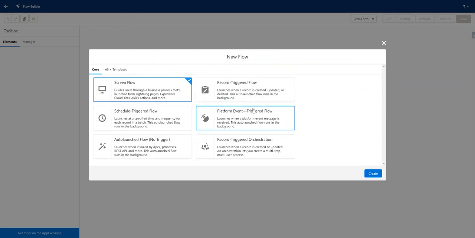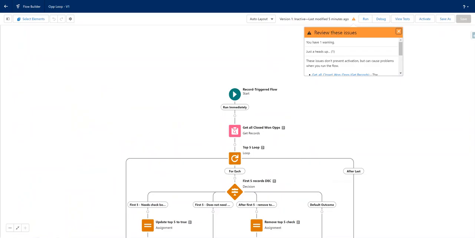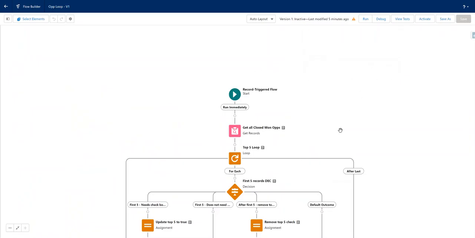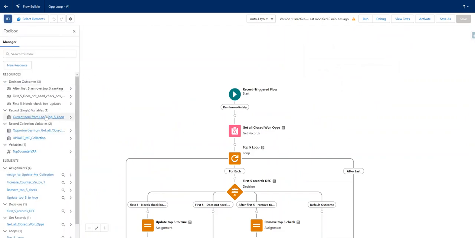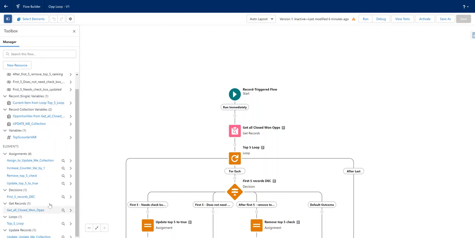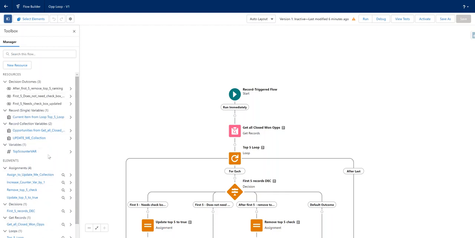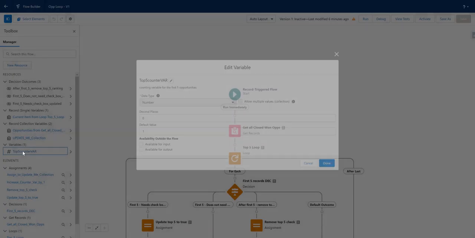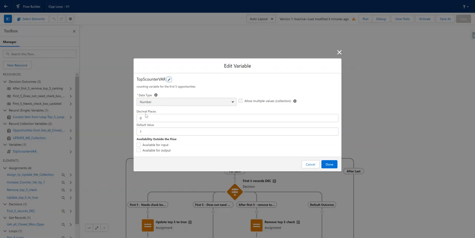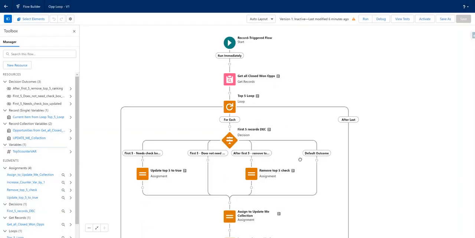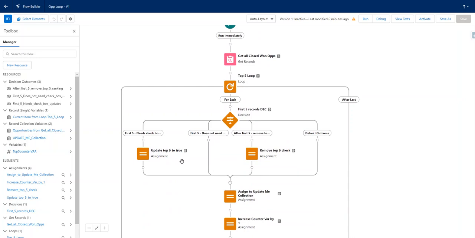I already have the flow built, so I'm just going to show you what that looks like and then walk you through basically what it's doing here. So first things first, over here on the left is where you have your toolbox. This just shows everything that you've built and what it is. I have a variable called top 5 counter variable. This is a number, 0 decimal places, and it starts off with 1. We're going to use that in our loop to basically determine if it's one of the top 5 opportunities based